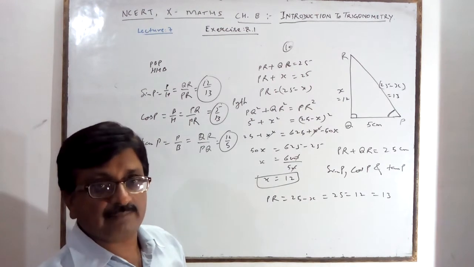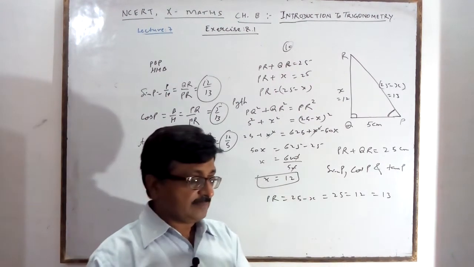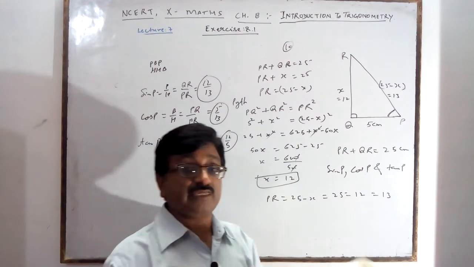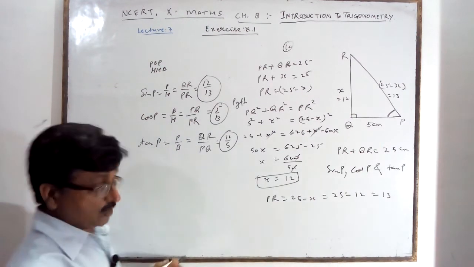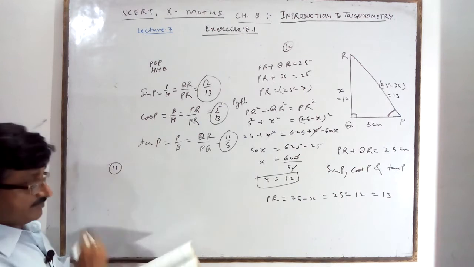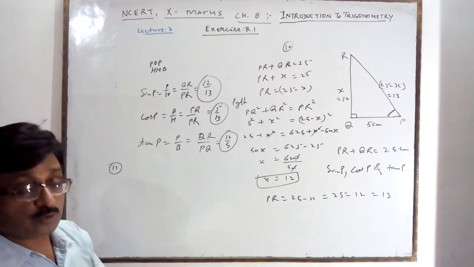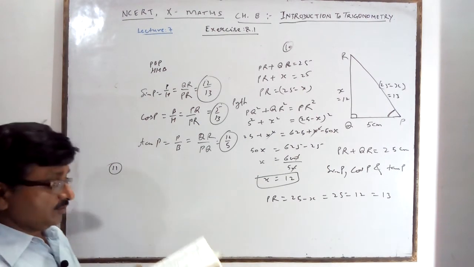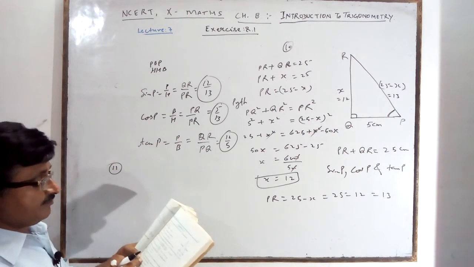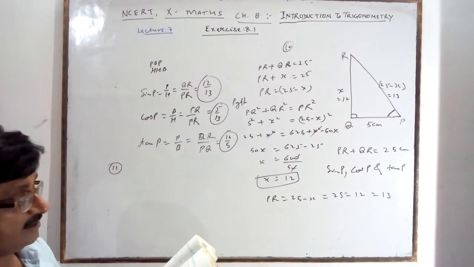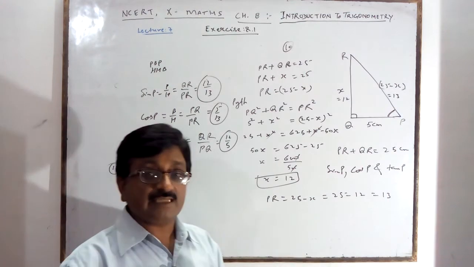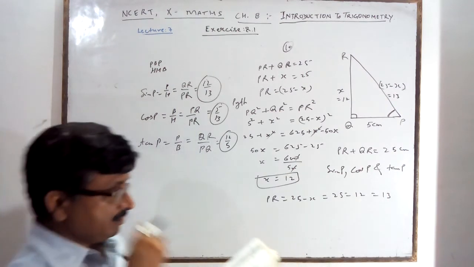In the question number 10, very simple, you have seen. But question number 11 is a very important part. Question number 11, true false. State what is true and what is false. So, first part: the value of tan A is always less than 1. Tan is always less than 1, not possible.